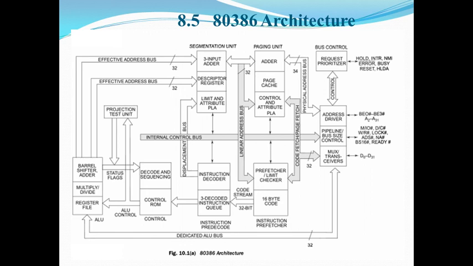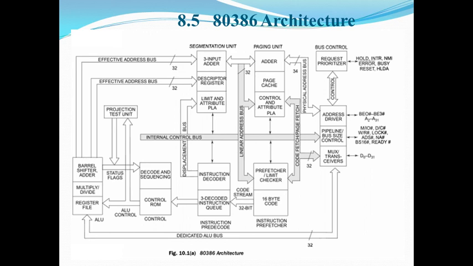The segmentation unit provides a 4-level protection mechanism for protecting and isolating the system code and data from those of the application program. So here segments are not overlapped, so these are always non-overlapping. And the paging unit converts the linear addresses into physical addresses. The control and attribute PLA checks privilege at page level. It means whether access is allowed or not. Each of the pages maintains paging information of the task, limit and attribute. The PLA checks segment limit and attributes at segment level to avoid invalid access to the code and data in memory segments.